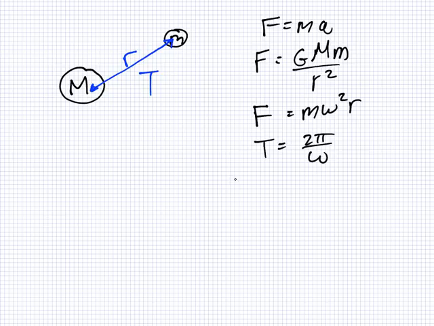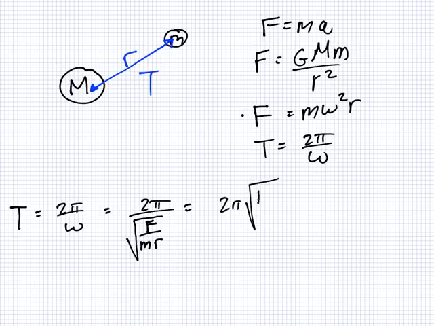So I'm going to start this by trying to imagine getting a formula for T. So you could say T equals 2 pi over omega, but we don't know what the omega is, so we can get the omega from the previous one. 2 pi over the square root of F over mr. So what I've done is I've rearranged this to get omega, the square root of F over mr. Okay, which is equal to 2 pi root mr over F,